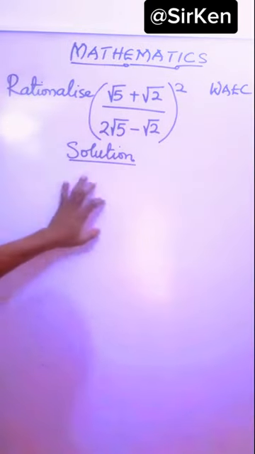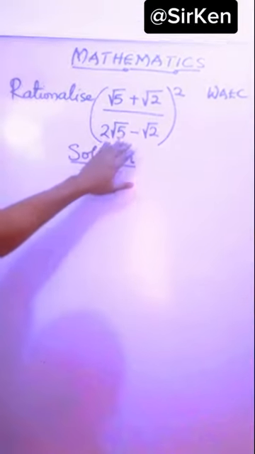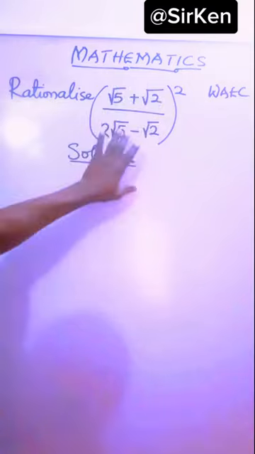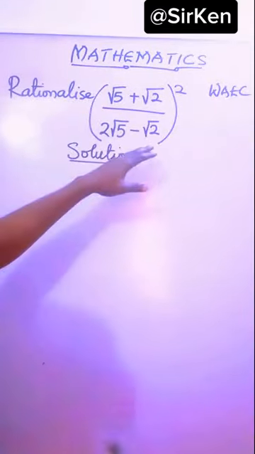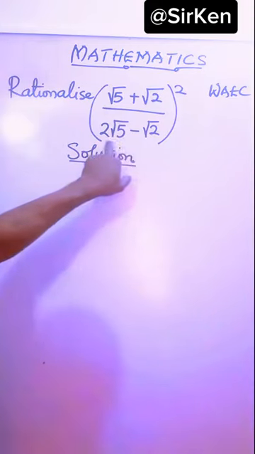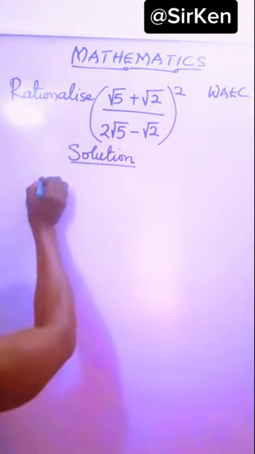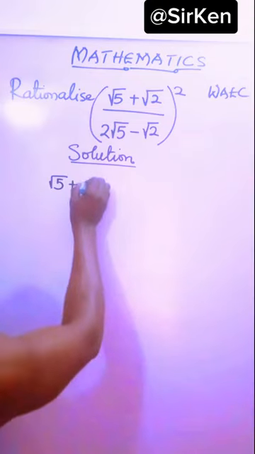Alright, this question is asking me to rationalize. No problems. What I will do, I'll just work with what's in the bracket. You respect bracket first before I will later square it. So in our previous videos, you will know that to rationalize, just change the sign of the denominator alone. So that simply means root 5 plus root 2